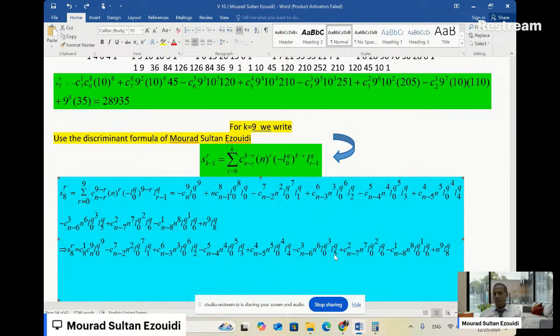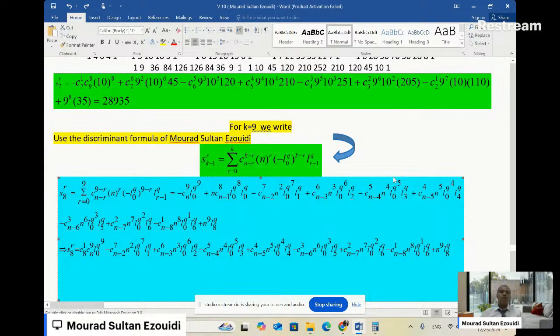Okay, so I'll just write S8 equals negative combination n equals 9 times L0.2 raised to the power 9 plus n times combination n minus 1 equals 8 times L0.2 raised to the power 8 times L0.2 minus combination n minus 2 equals 7 n squared times L0.2 raised to the power 7 times L1.2 plus combination n minus 2 equals 6 times n cubed times L0.2 raised to the power 6 times L0.2 minus combination n minus 4